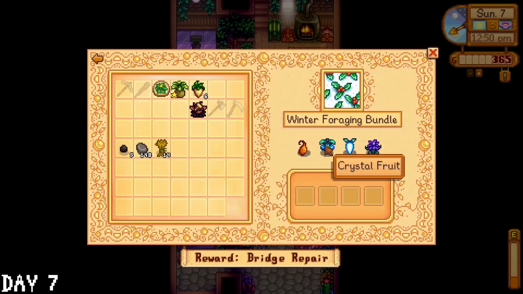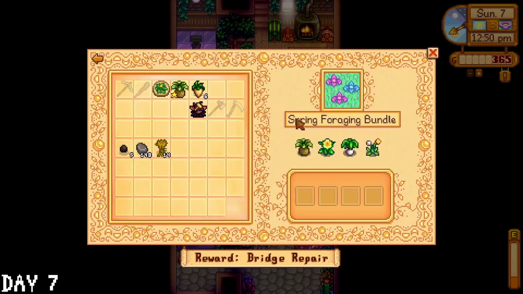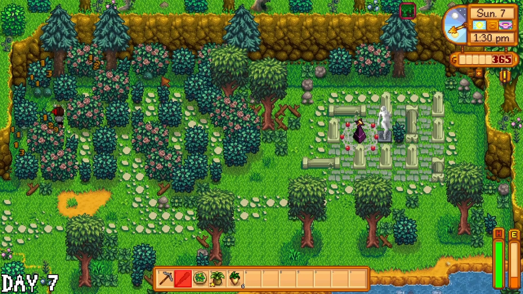I installed a mod that makes the community center bundles more challenging, but it does not seem to be working properly, which can only mean one thing. I have done something wrong. I will get this fixed before I start donating things to the community center. I teleport to Doran's Rest where